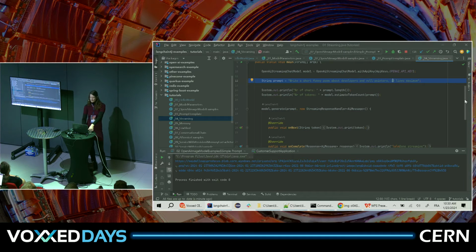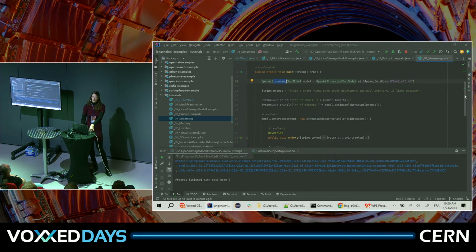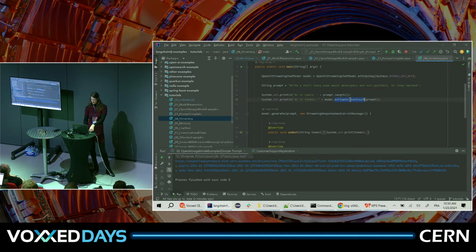The next interesting thing is streaming. Normally there's a lot of text coming out of these LLMs, and to sit around and wait for half a minute for it to appear is quite annoying. It gets much more interesting if you can read along as it outputs the tokens. So we also have streaming versions of our chat models, and you just put streaming in everywhere. What does token per token mean? What a token is depends a bit on your model provider, but it's generally around 3 characters. I'm going to count these tokens for this model, and also output the full number of characters so we can have a look.